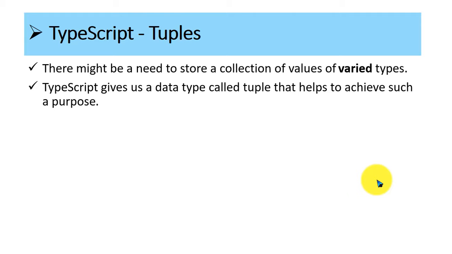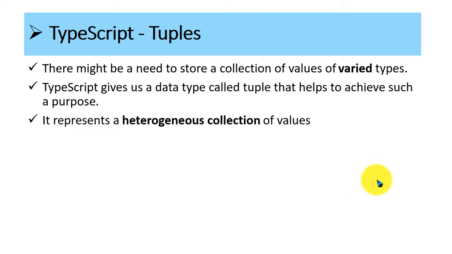You can declare an array of different types of elements, that is a heterogeneous type, and you can access that tuple. TypeScript gives us a data type called a tuple that helps to achieve such a purpose, where we need different types of elements in the row. It is known as a heterogeneous collection of n values. For example,